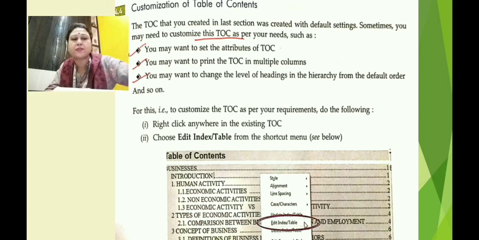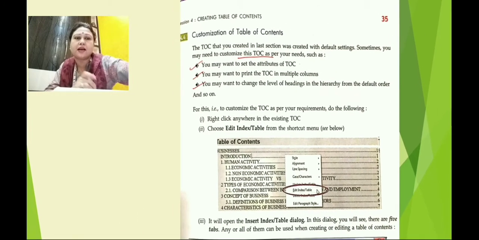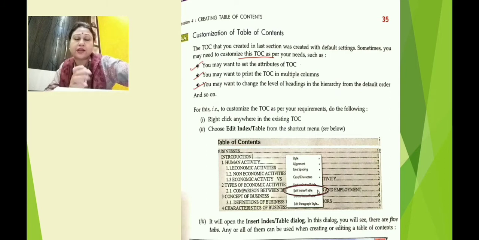As you can see in the picture, it is nicely circled over here. That is the option which we are going to click, and accordingly we are going to customize the table of contents. If you want to change the contents into different columns, or print the TOC, all this can be done using this Edit Index and Table.